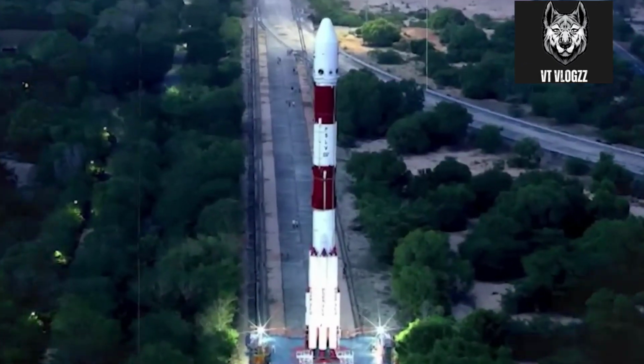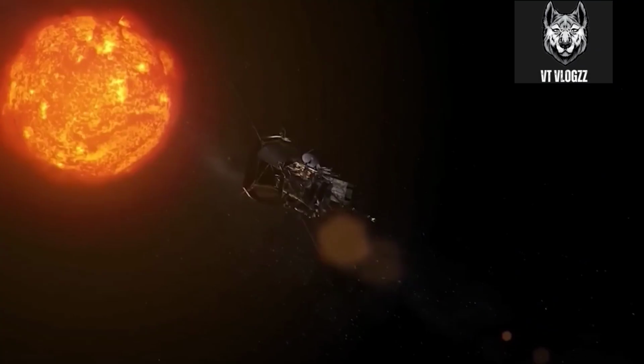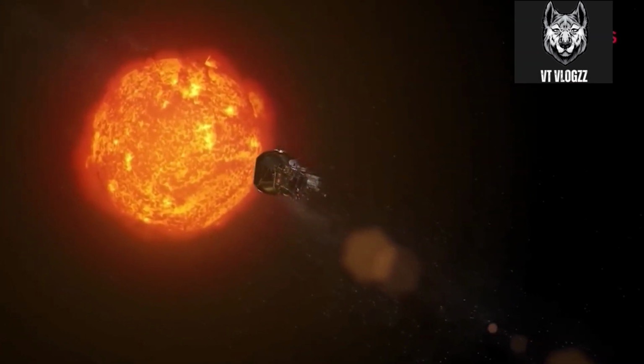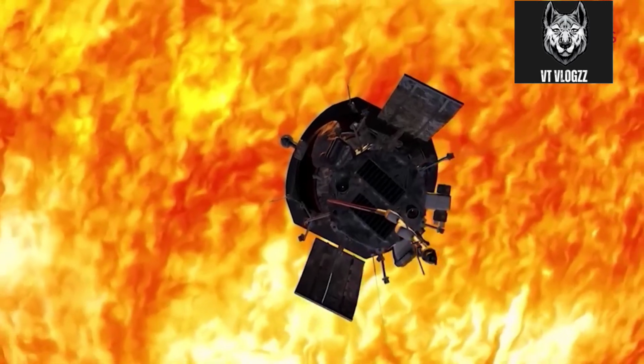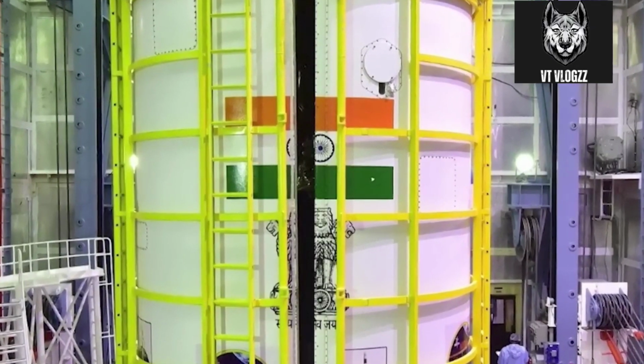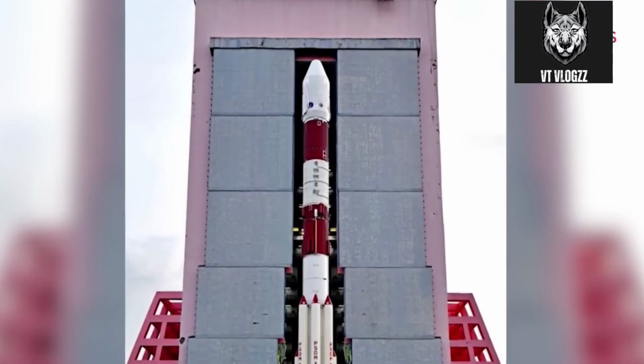Aditya L1 shall be the first space-based Indian mission to study the Sun. The spacecraft shall be placed in a halo orbit around the Lagrange point 1 (L1) of the Sun-Earth system, which is about 1.5 million kilometers from the Earth. A satellite placed in the halo orbit around the L1 point has the major advantage of continuously viewing the Sun